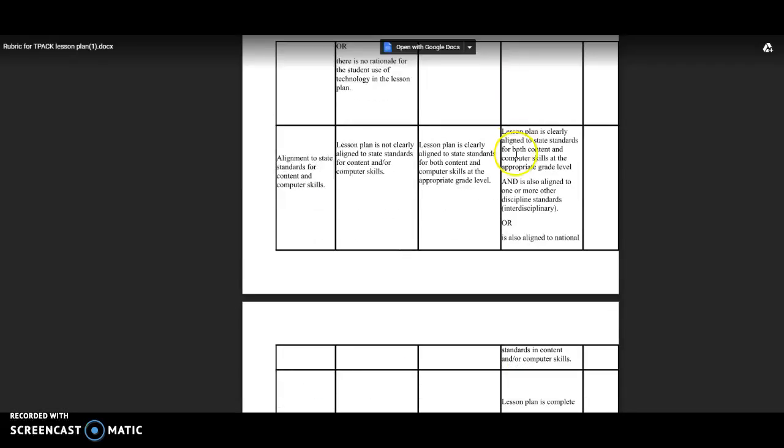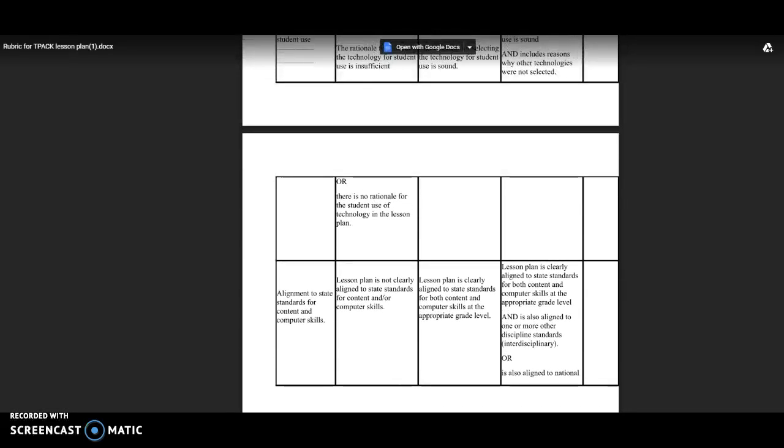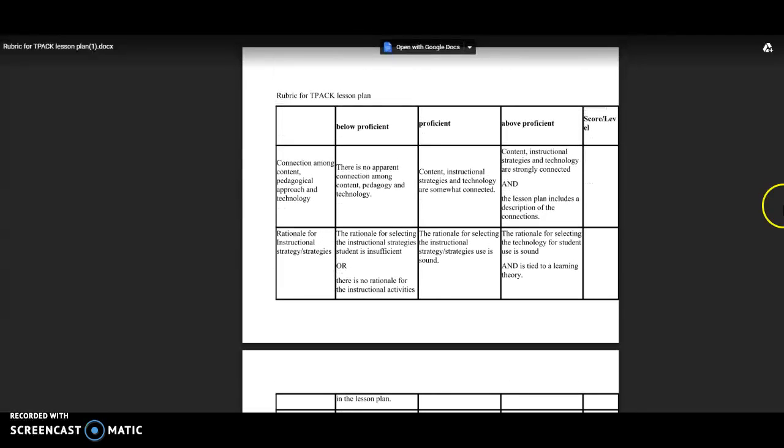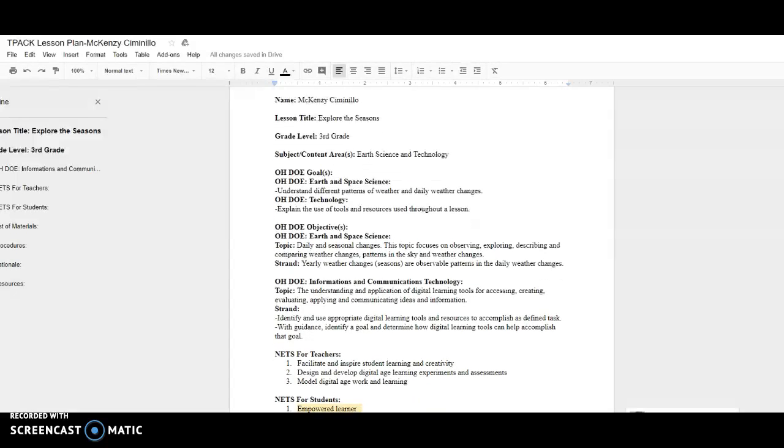But as I've already said, I've gone through all these points here. It's very complete. It's well written. I think that the standards are implemented well. Everything really used is appropriate. I would work on the rationale, if anything. That'd be what I would be focusing on, as well as making sure everything in it is connected. I can already tell that this has been plotted pretty precisely, but if you can just iron out those kinks, it'll be a much more effective lesson plan.